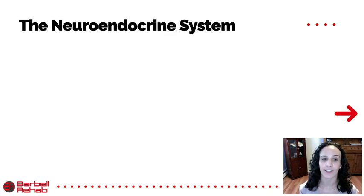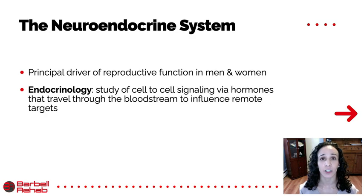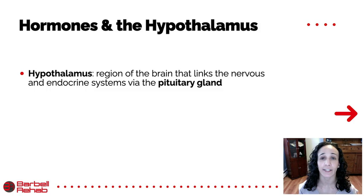The neuroendocrine system is the principal driver of reproductive function in men and women. The term endocrinology describes the study of cell-to-cell signaling via hormones that travel through the bloodstream to influence remote targets or locations. And neuroendocrinology refers to the involvement of the central nervous system in this process, the brain and the spinal cord. Specifically, looking at the hypothalamus, a region of the brain that links the nervous and endocrine systems via